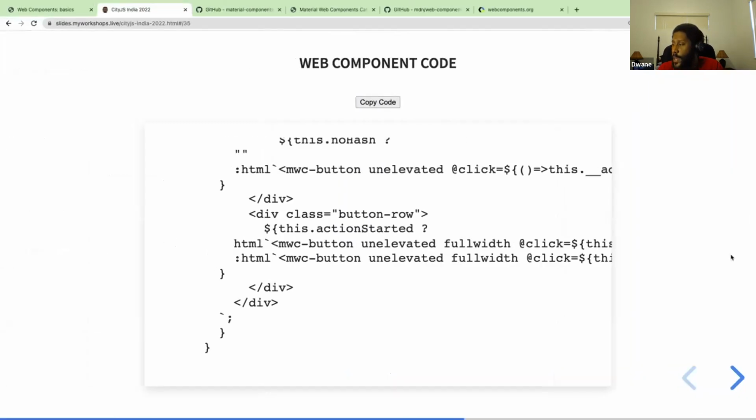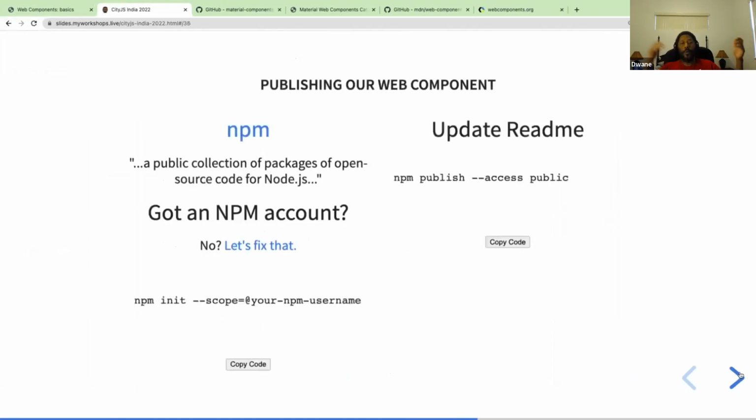We got it written. Now, what can we do with it? How about we publish it to NPM? All right. So again, if you don't have the link, you can always go and do that. What else? Cool. Oh yeah. So if it's your first time doing it, you could do npm init and then set the scope. Now, the scope is important because